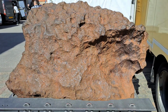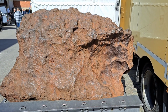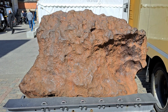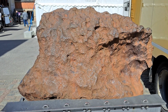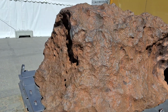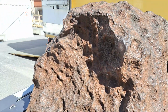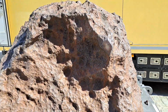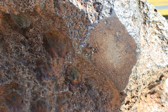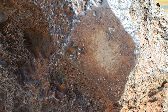A planetesimal, a small planet that got destroyed, and here we have insight into the interior of a planetary body, and this is what we assume to be also present inside the Earth. So wonderful specimen here, one of the largest meteorites ever found, 58 tons in total. And here's another etched surface. It's not quite as clean, but here you can see the faint expression of